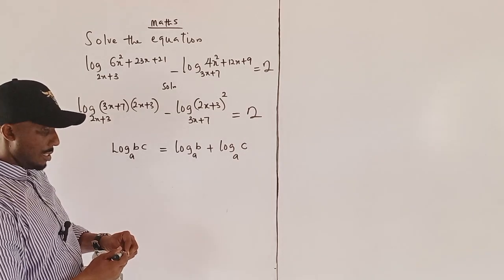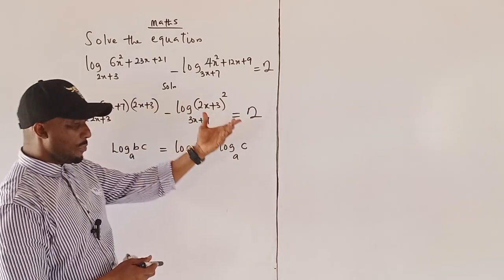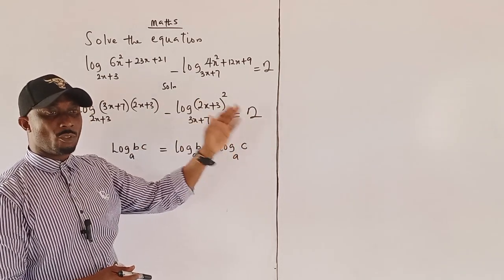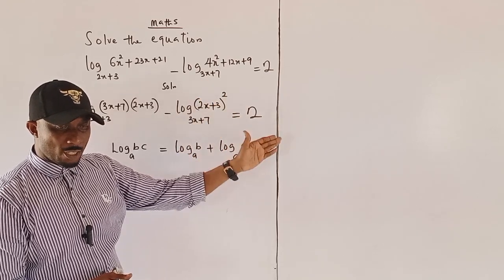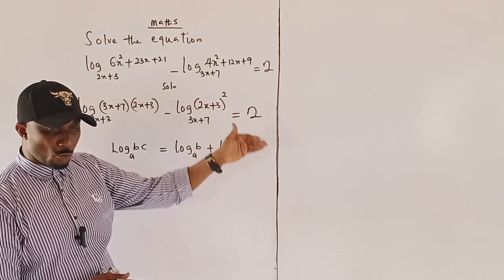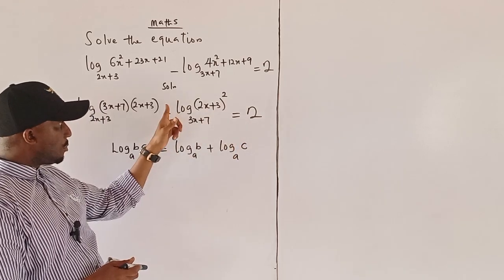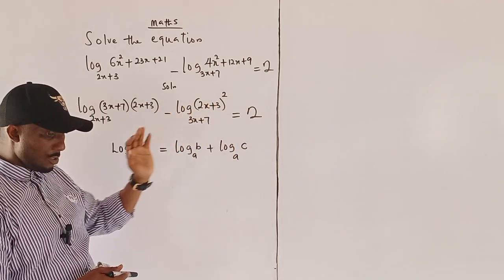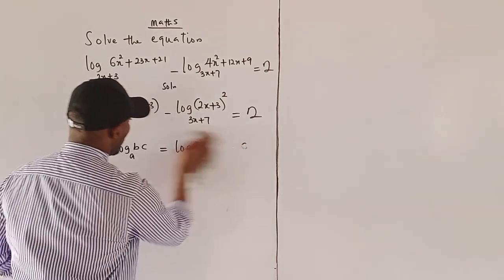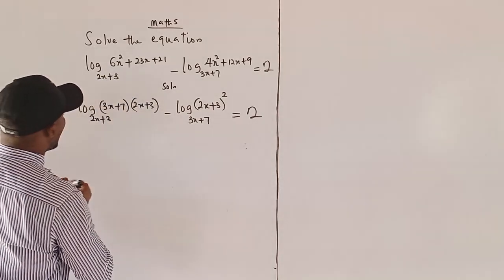Then again, the power rule. If the argument, or antilog, of a logarithmic function is raised to an exponent, the exponent becomes the coefficient. So this exponent 2 will come to the front of this log to become a coefficient. So with these two laws, we will write this problem to be